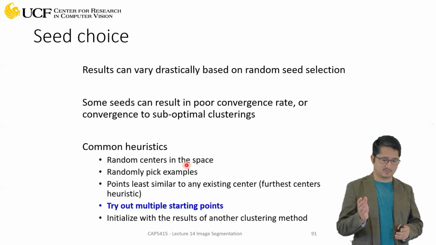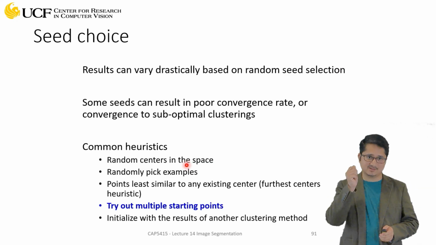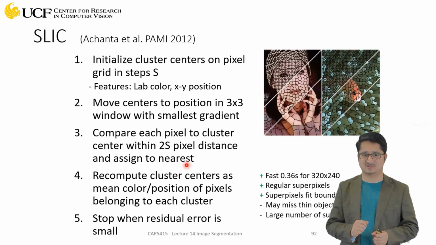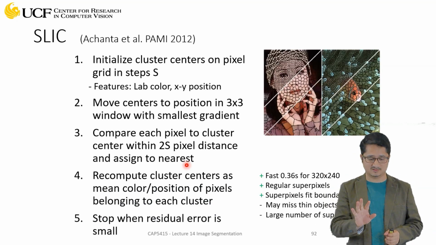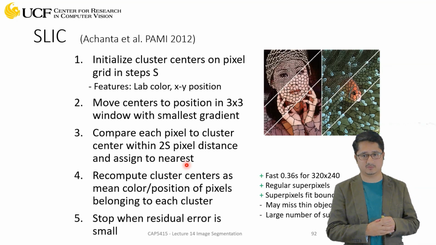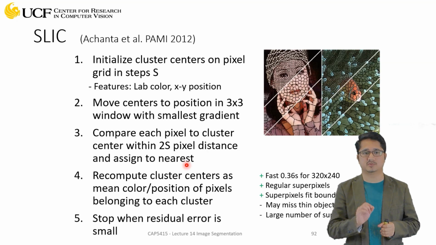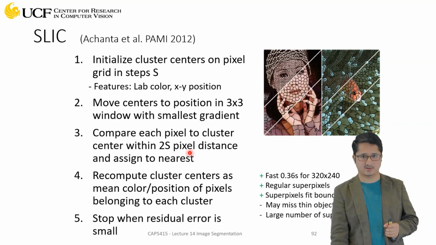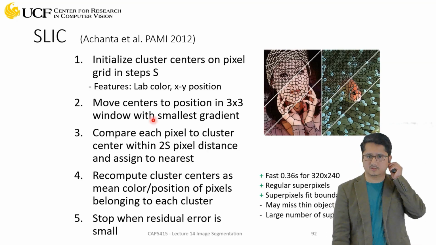Okay, so that's k-means clustering. Now let's see how that can be used for image segmentation. Basically, this is just one slide I have, and you have seen how simple that k-means algorithm is, and now you will see how simple this SLIC algorithm is. So this was proposed in 2012,